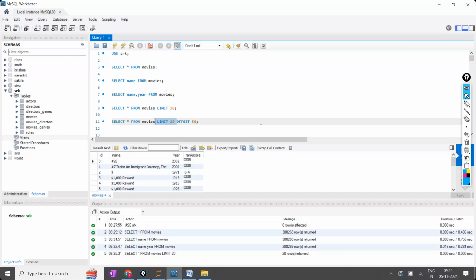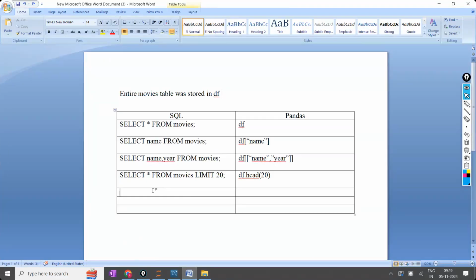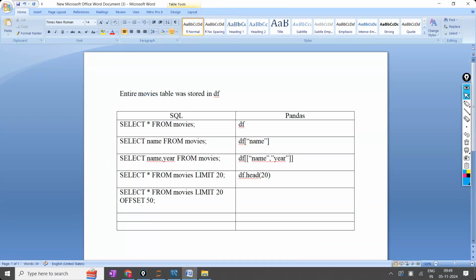Starting from the 51st record by removing the first 50 records. Offset means remove the first 50 records; from there, you count the 20 records. Indirectly it is asking for 51 to 70. That is the requirement. This is the output I am going to get apart from the first 50 records. Now, anyone can tell me what is the pandas code for this? If I want records 51 to 70, I want